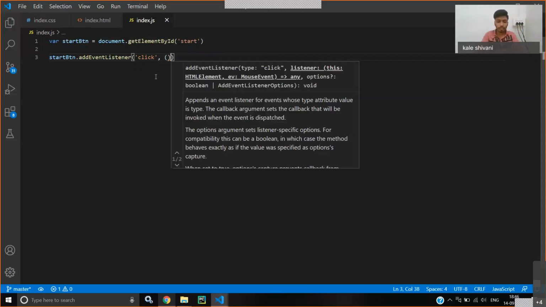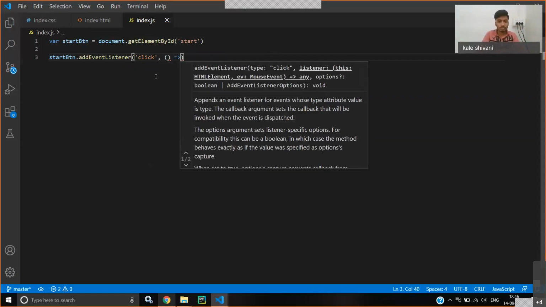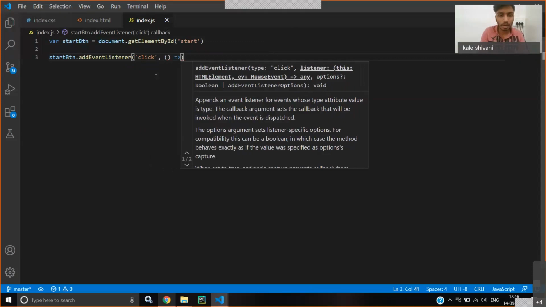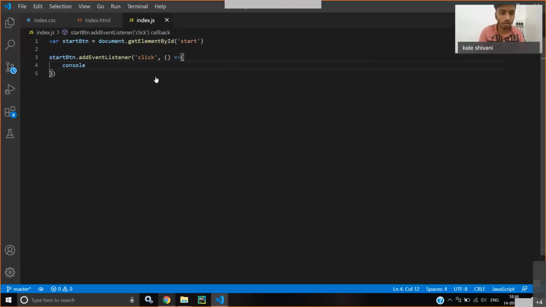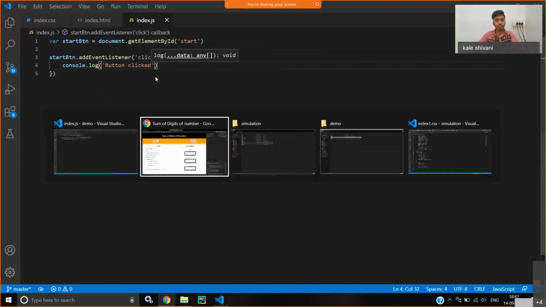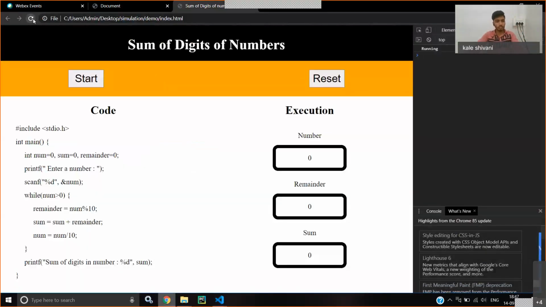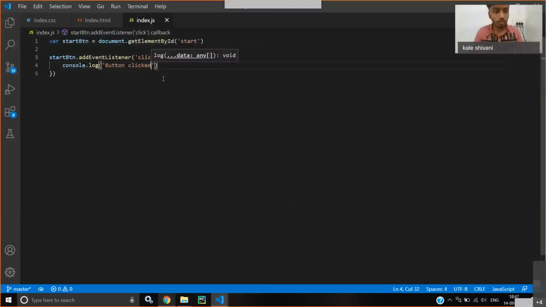Here's another way of calling a function: we just give the arrow, and let's print console.log click. Let's see whether this is working or not. I refresh the code. Okay, whenever I click, you can see the button click is printed.